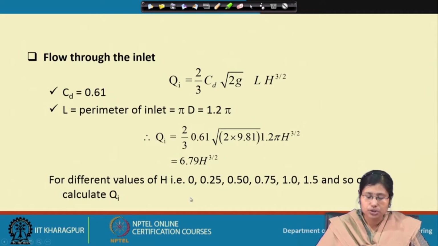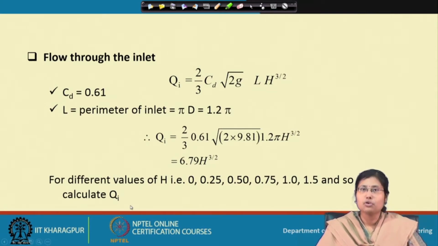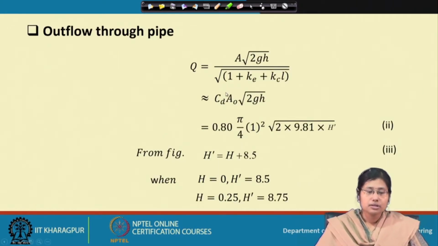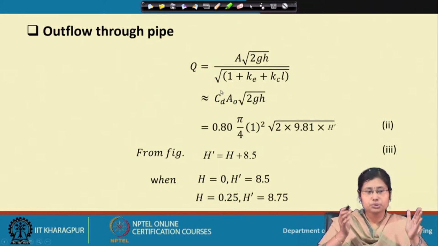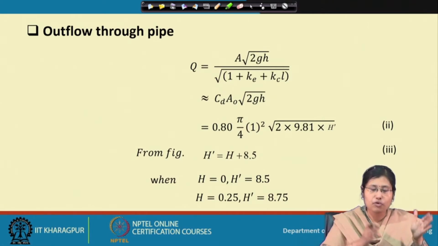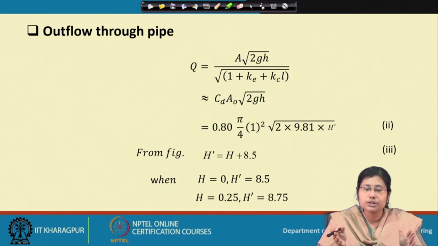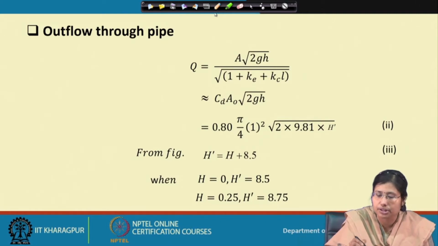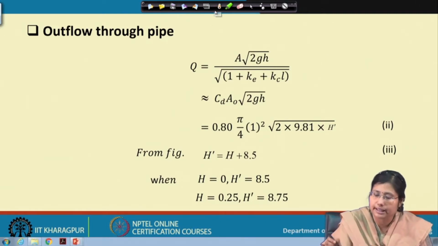Now, for different values of h, at different intervals, like at an interval of 0.25, you can calculate the value of QI, that is, QI is nothing but the flow at the inlet. Now, to maintain the principle of continuity, the flow at the inlet is equal to the flow at the outlet, keeping constant mass, momentum and energy. So, QI in this case